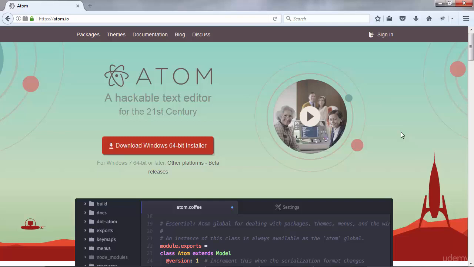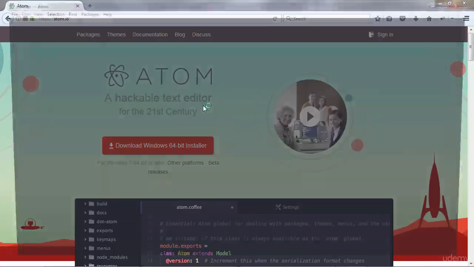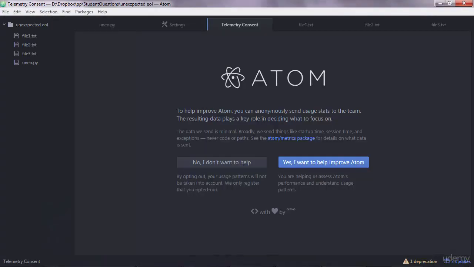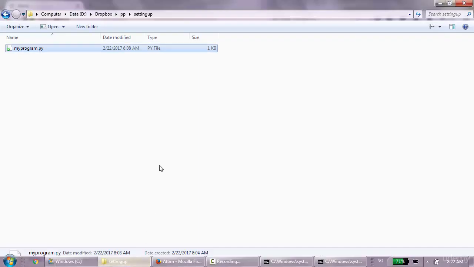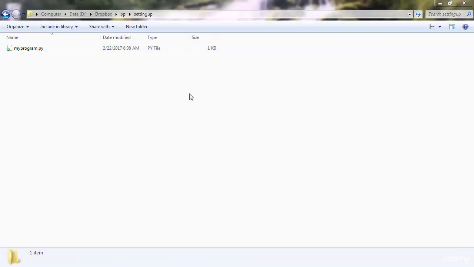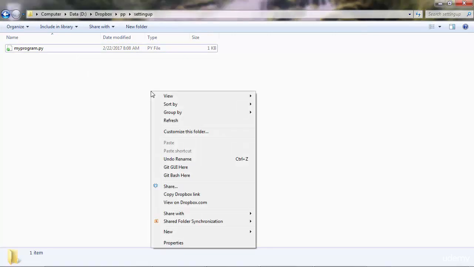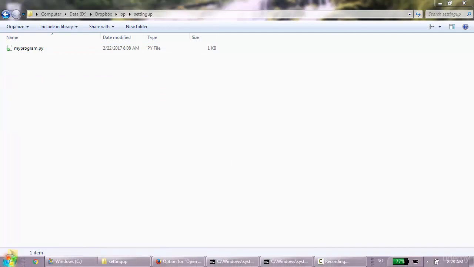One way to open Atom is to browse through your programs and open Atom by clicking it. However, that will open Atom in a random directory, so the most efficient way is to go to the directory where you have your programs. The program that we have is myprogram.py, and then outside in here, right click and go to Open with Atom. But if you don't see Open with Atom, like I do, so I don't have it for now, then open Atom from your programs,